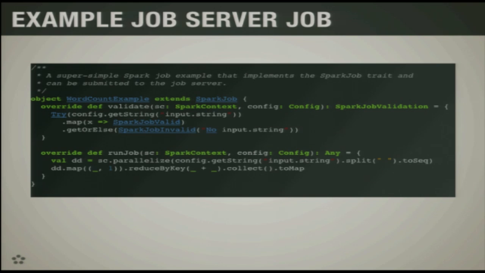Now, the reason why we have a validate is because, especially for a REST API, one pattern we've noticed is that all jobs need to validate the input somehow. You need to validate, for example, that the date range of a query makes sense and all other kinds of things like that. We don't want to just run a job and then get some exception because the input isn't correct. We want to return something more useful. So if the validation fails, we will return a 400 to the user so that it's very obvious that this is an input error and not an error in the job.